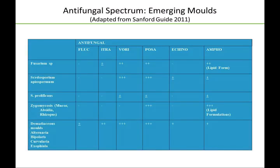Then we start looking at some of the more uncommon molds you see in the prolonged neutropenics, for example, Fusarium, where we may use a combination of voriconazole and a lipid formulation of amphotericin B. Pseudallescheria, where the extended spectrum azoles are our best choice. God forbid your patient gets Scedosporium prolificans, a serious infection in a neutropenic patient, because we have no great choices for that fungus. The zygomycoses,